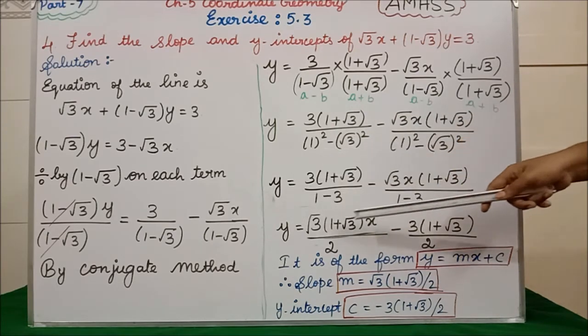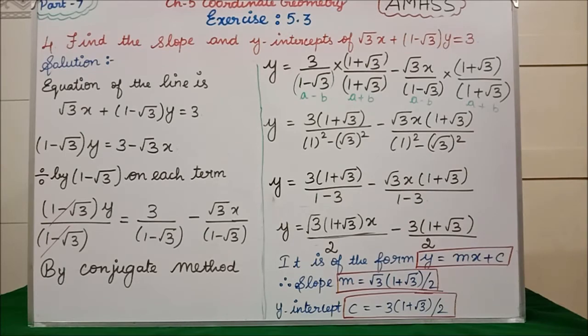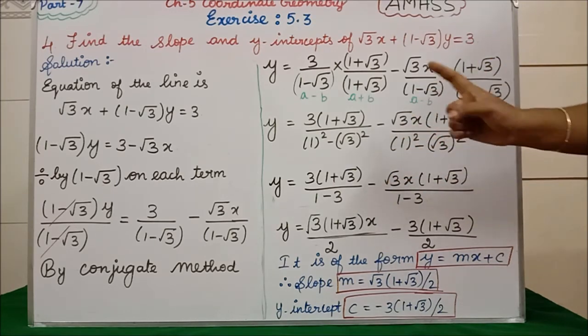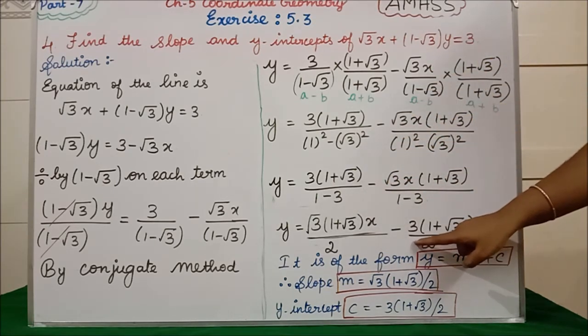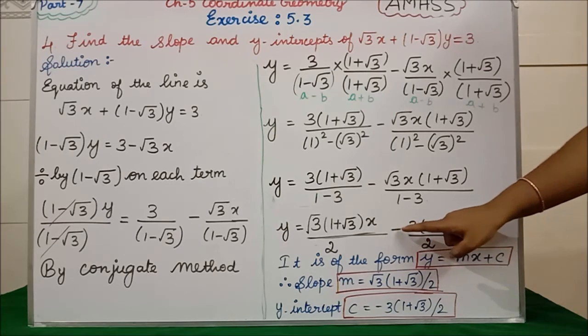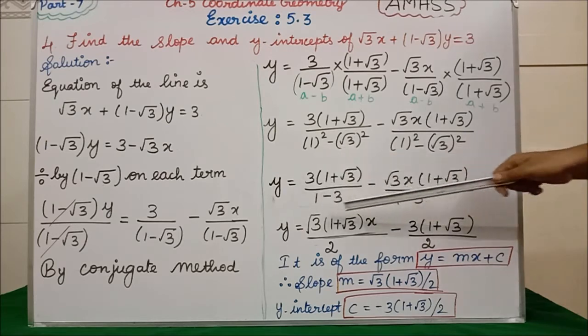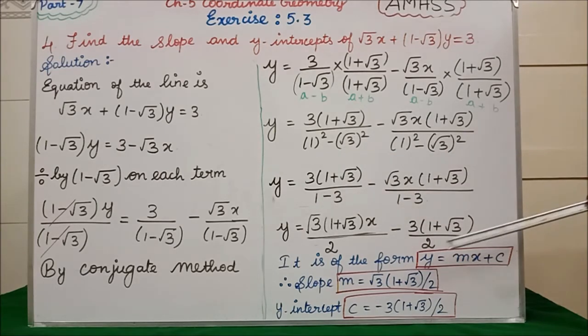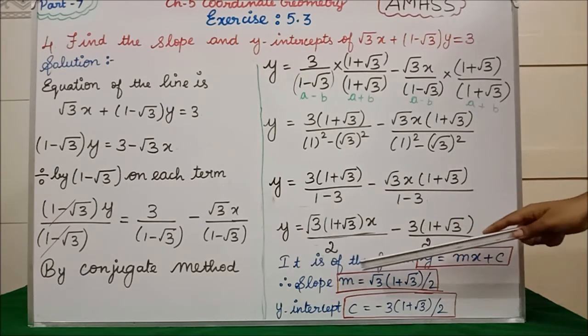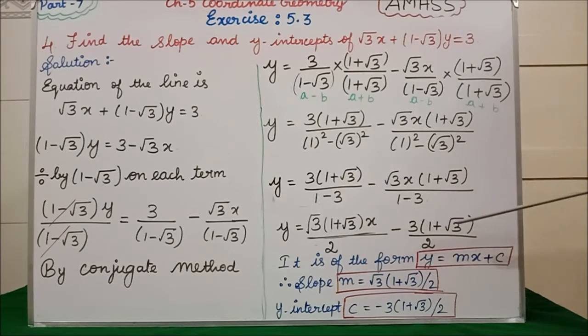Constant means we don't have any variable. Variable means what? X, y, z. These are the variables, we are not having anything here. So this is what? Constant. So here 1 minus 3 is what? Minus 2. So denominator we will have 1 minus, no. That minus we have written in the middle. Clear? 3 plus this full term we are writing here. Clear? So now it is of the form. Now it has become in what form?